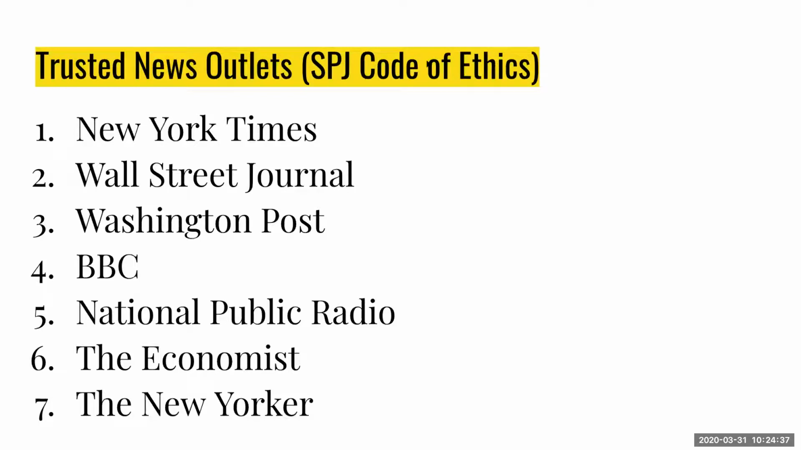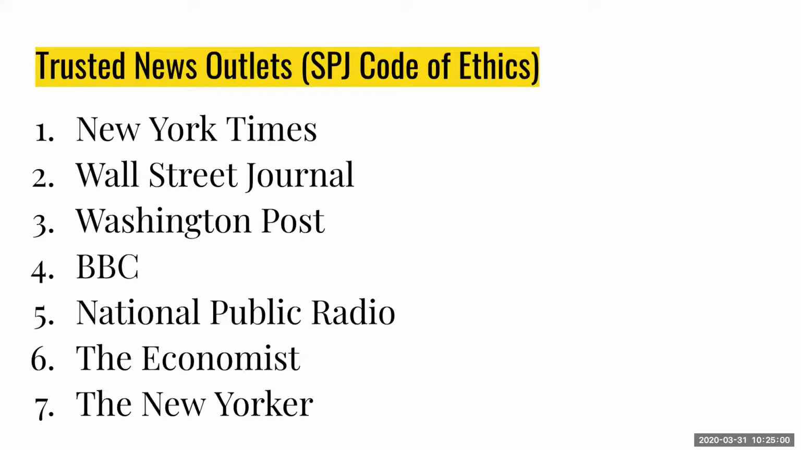publisher's code of ethics, meaning that they want to stay ethical, as unbiased as possible, and give accurate, up-to-date information. You want to start with some of these websites. This is not a complete list, but it is a good starting place for what you want to look at. So New York Times, Wall Street Journal, Washington Post, the BBC, National Public Radio, so that's NPR, The Economist, The